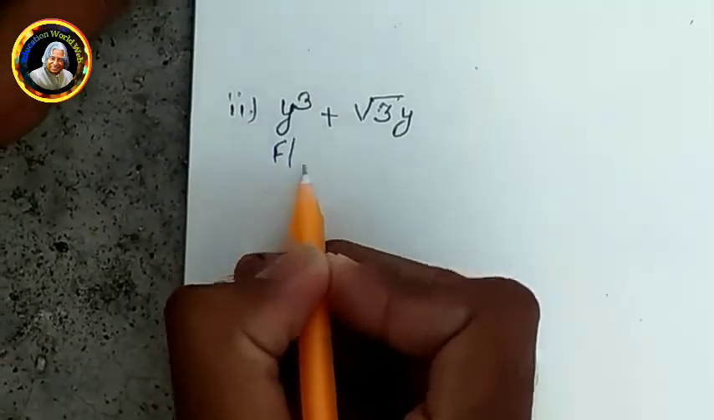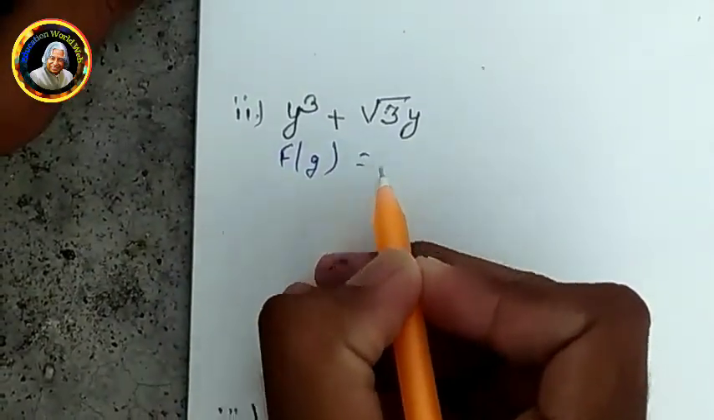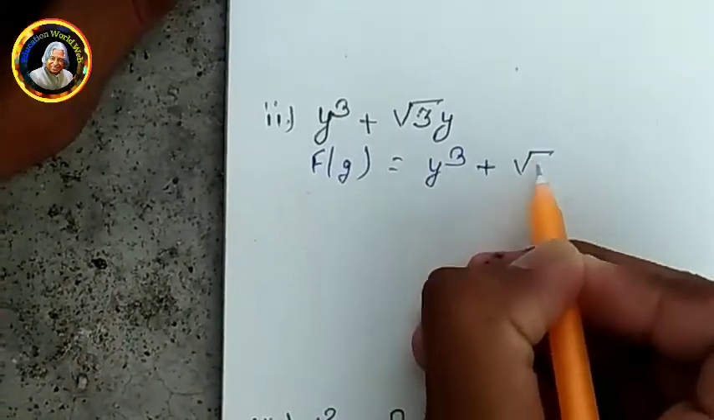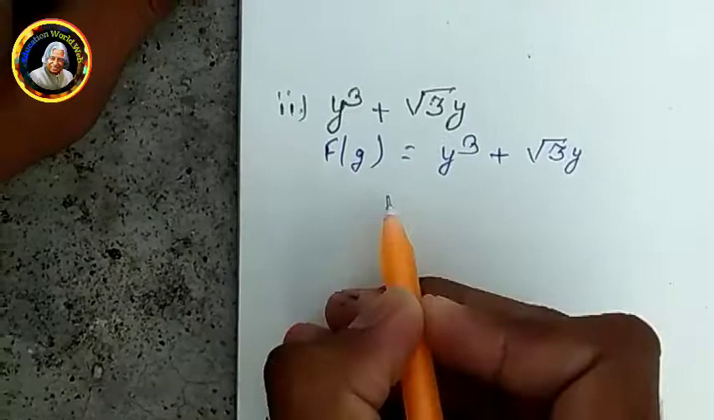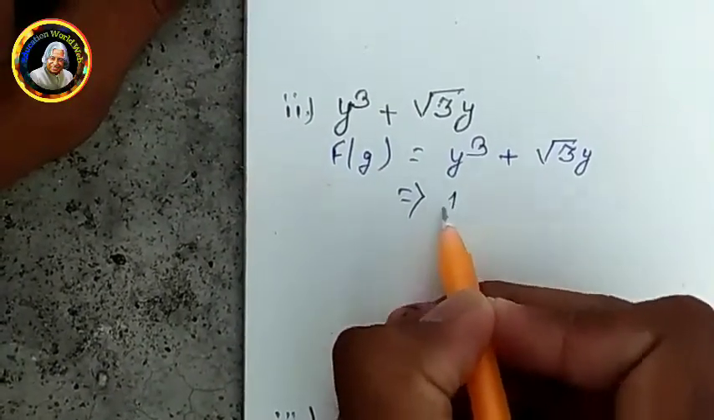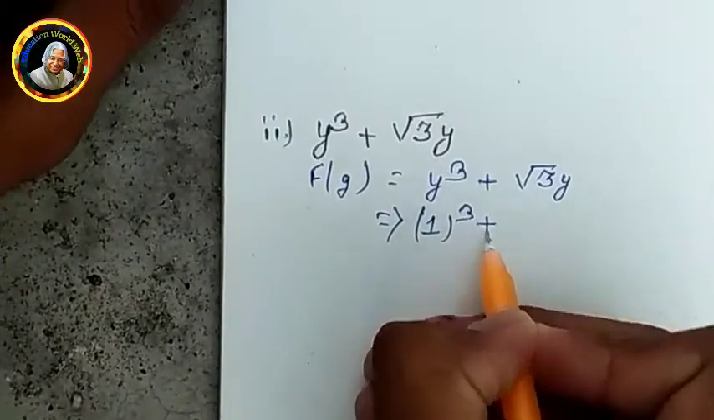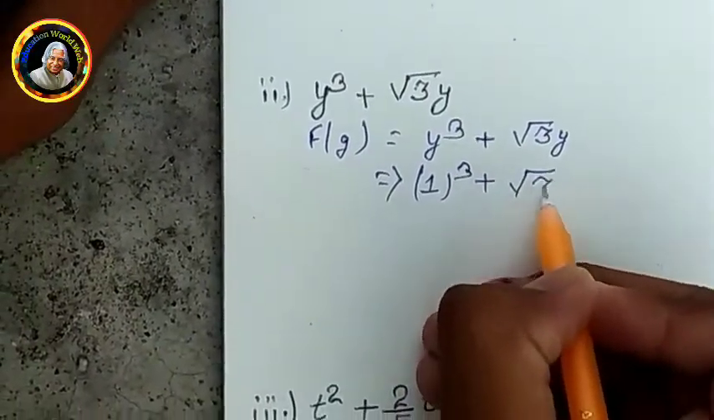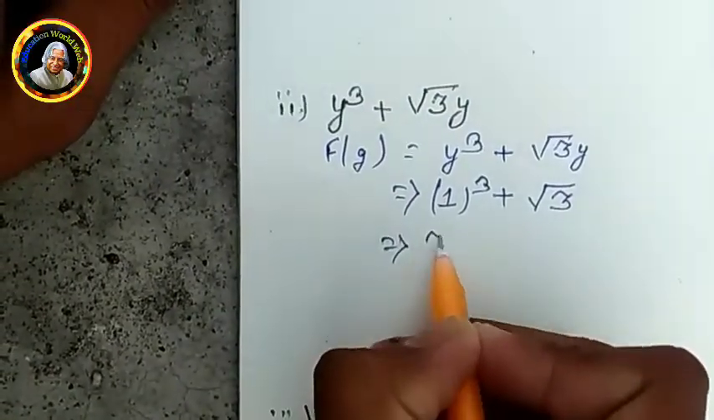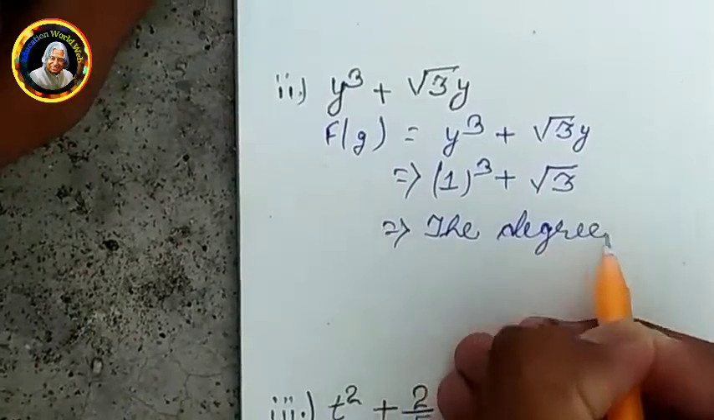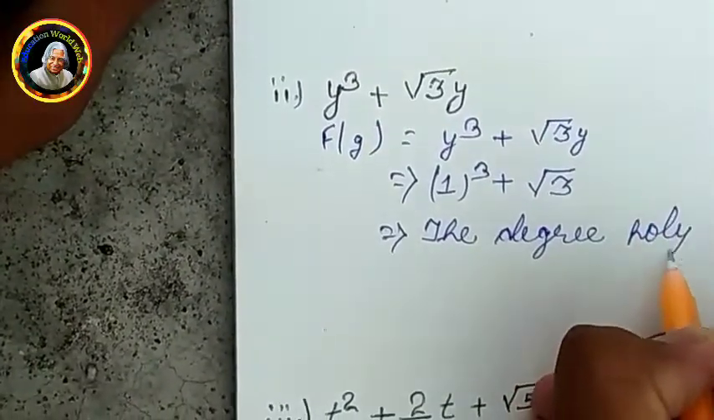Next, g(y) is equal to y cube plus under root 3 y. So the coefficient of y cube is 1 and the coefficient of y is under root 3. So the degree of the polynomial